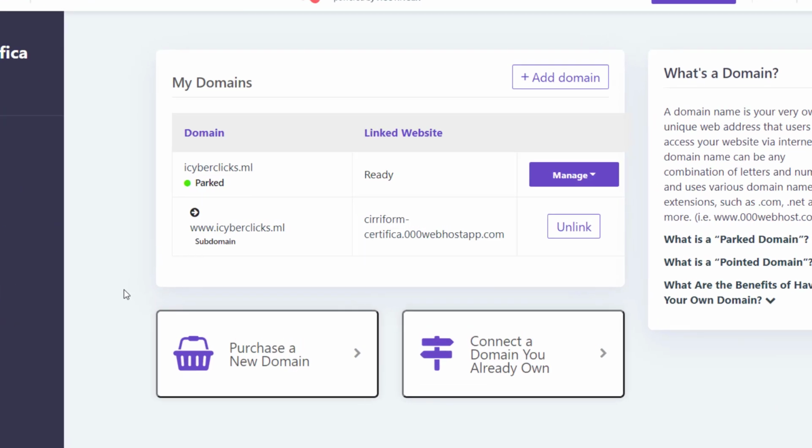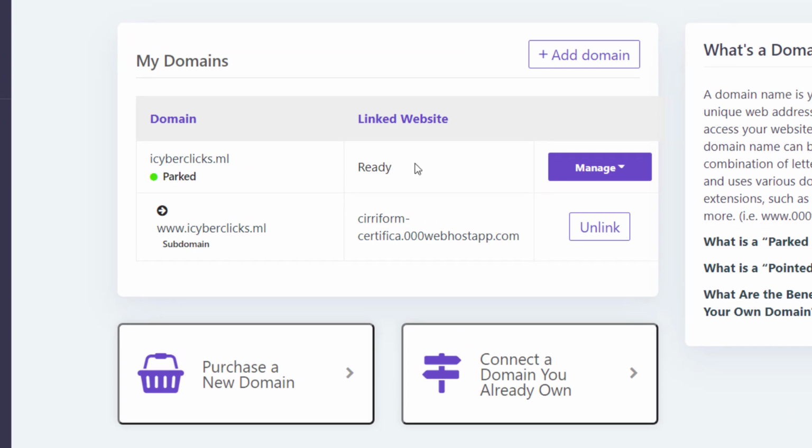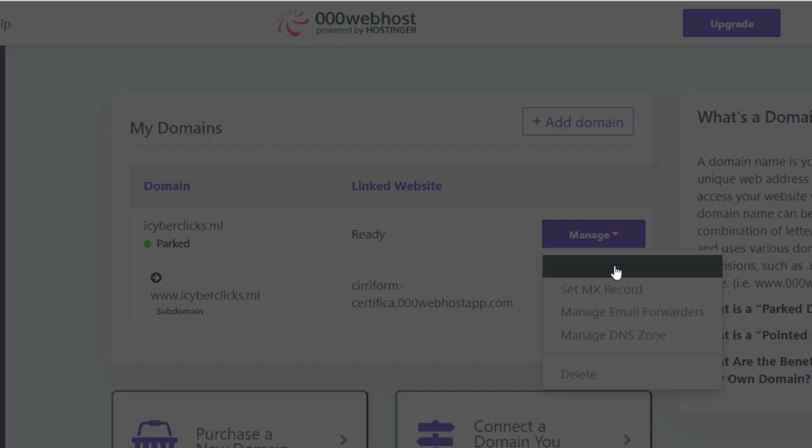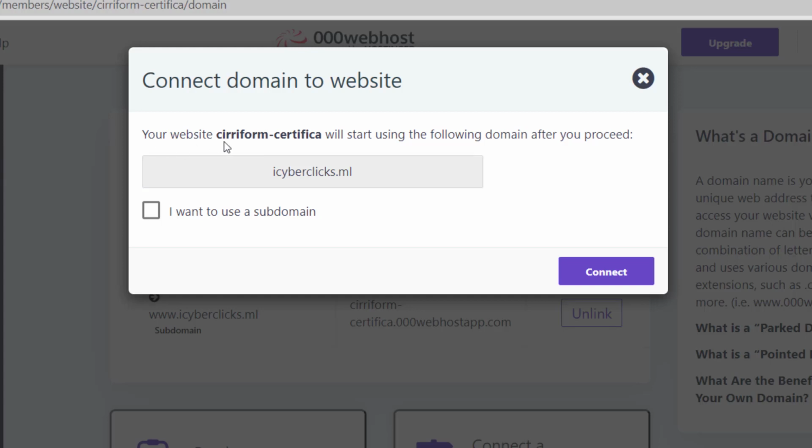Okay, great. After waiting for 5 minutes, my status for linking this website with this URL is ready. So I'm going to click the manage section and I'm going to link website. This website will start using the following domain after you proceed. So I'm changing the domain name from this to this.